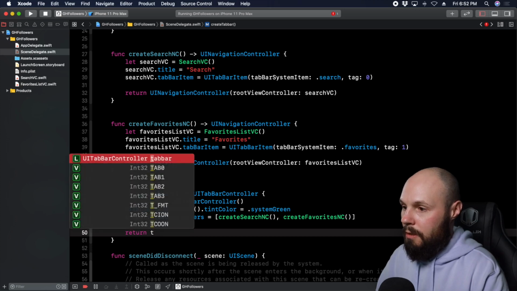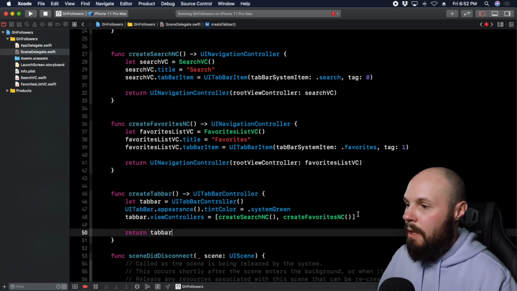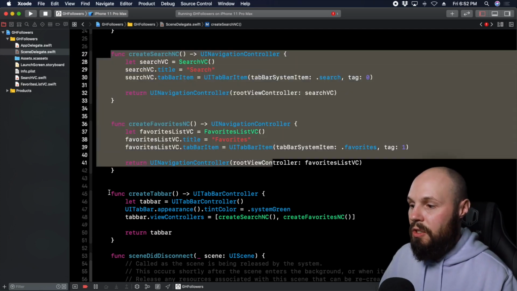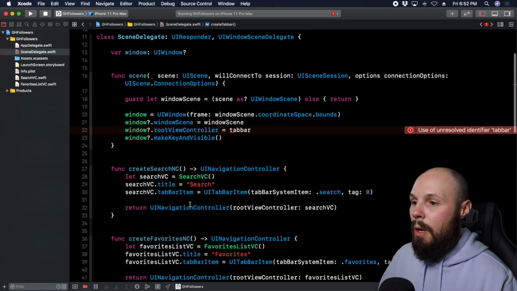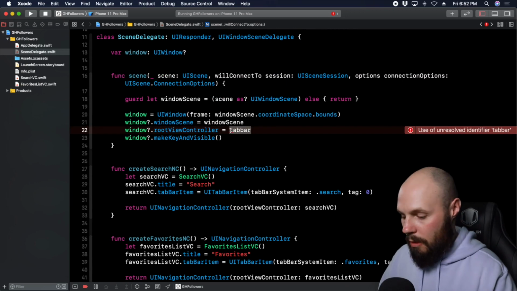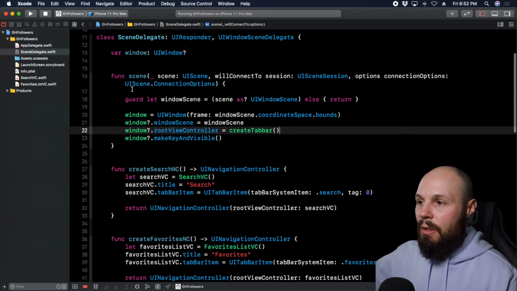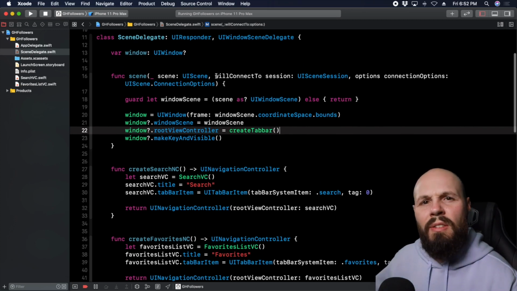So return tab bar. And now, here again, we have the function that creates our navigation controllers. We're using those functions to create our tab bar. And up here, instead of just passing in tab bar, now we can just call createTabBar, and it will run all those other functions. So again, we've refactored that out of willConnectTo scene because, again, this is a very important